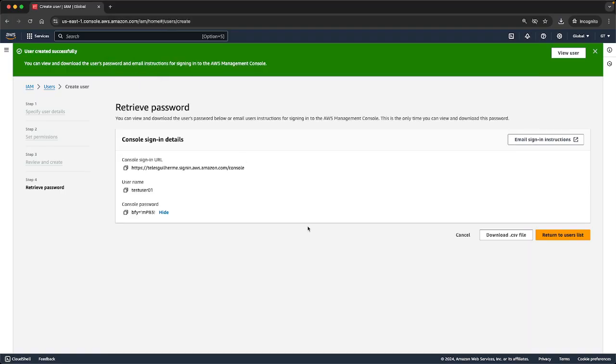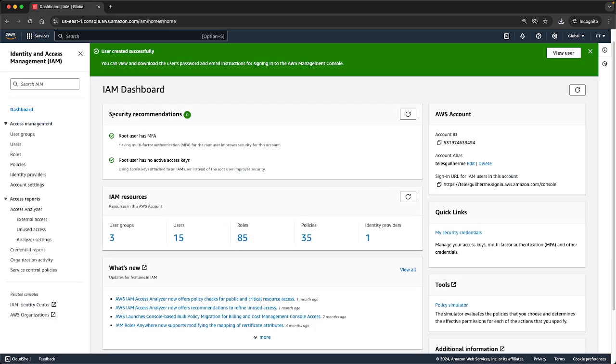Once the user logs in, they will be asked to change their password, and they're in. So this is the basic one, okay? Pay attention to this, and of course, pay attention to the security recommendations all the time, so you have a pretty secure environment from the IAM aspect, okay? So this is the first step that you need to complete for this course, okay?